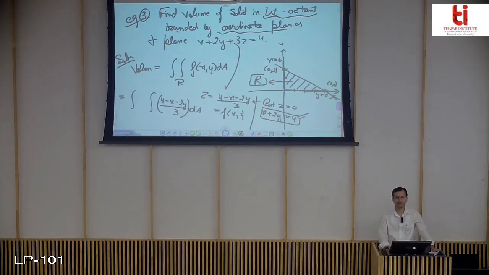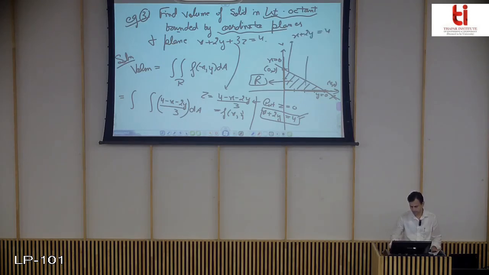So in this type of question, when no bounding curve is given, it is derived from the surface or the plane, whatever is given. Wherever the surface intersects the xy plane, it intersects through a curve. So where it intersects the xy plane, you get a line or a curve, and that will give you the bounding curve for that region. So this is your x plus 2y is equal to 4.